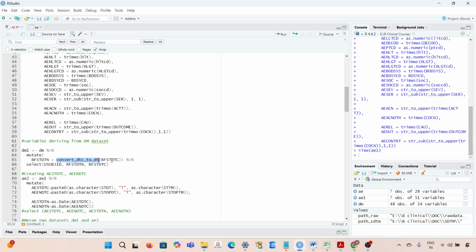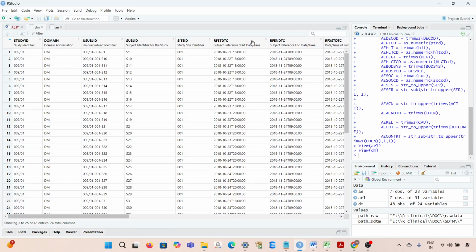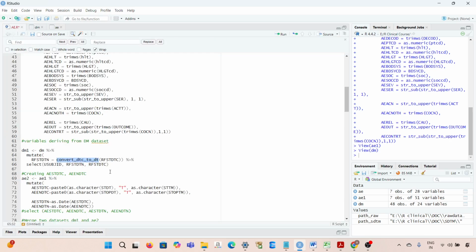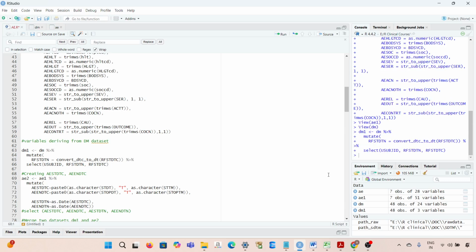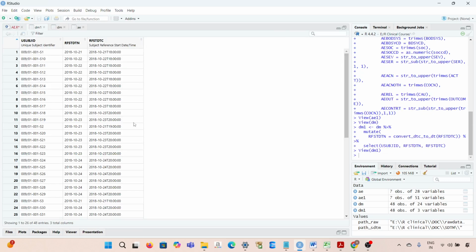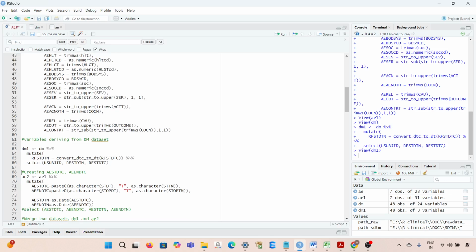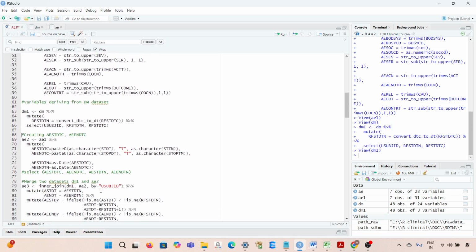Let me check the DM first. You will understand here. RFSTDTC will have the time part as well. We don't need the time part, only the date part. For that reason, I'm just taking RFSTDTN. Then we select all these three variables. So in DM1 we'll have three variables. RFSTDTN will collect only the date format, so we don't need RFSTDTC right now for calculation purposes. Now we're creating the AESTDTC. In the AESTDTC, so here we have